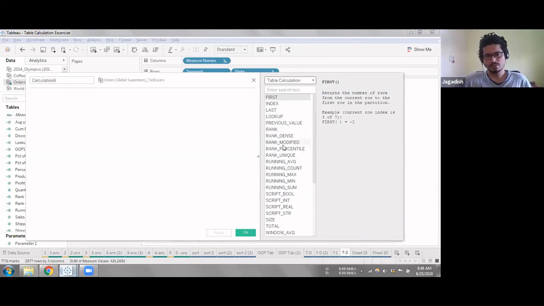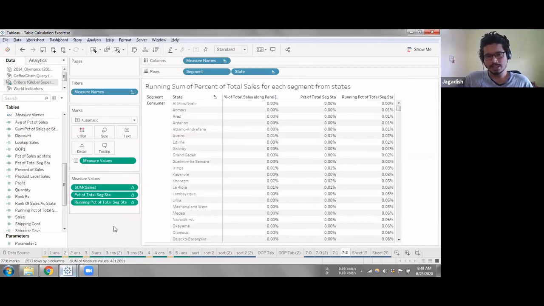So I wanted you to know that. Understanding each of these functions, what they do and how they perform, will help you exploit the table calculation options much deeper in order to enhance the views and get the analysis much deeper. That's what I planned for today. In the coming sessions, we'll get deeper into nested calculations and see multiple examples of nested table calculations. We'll also explore, if possible, the other table calculation functions and try to develop table calculations using those functions.